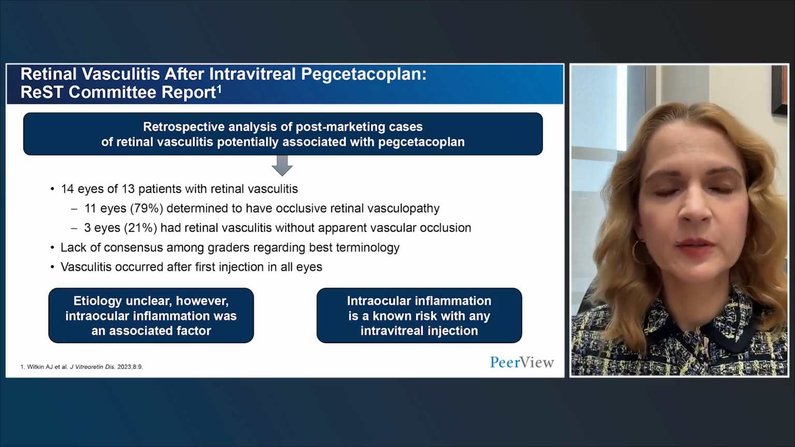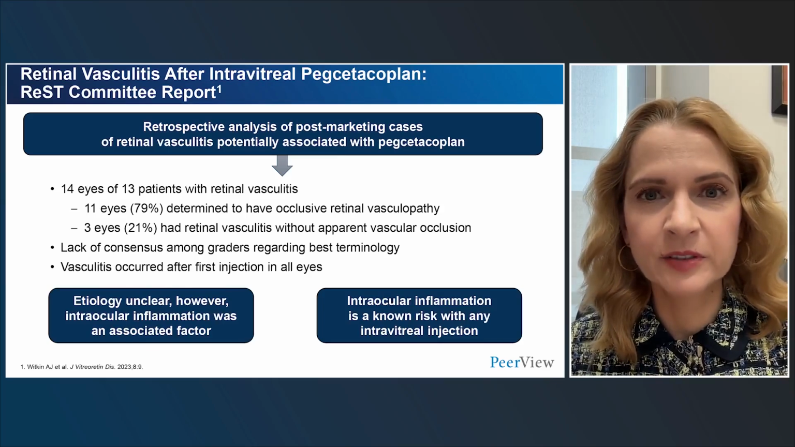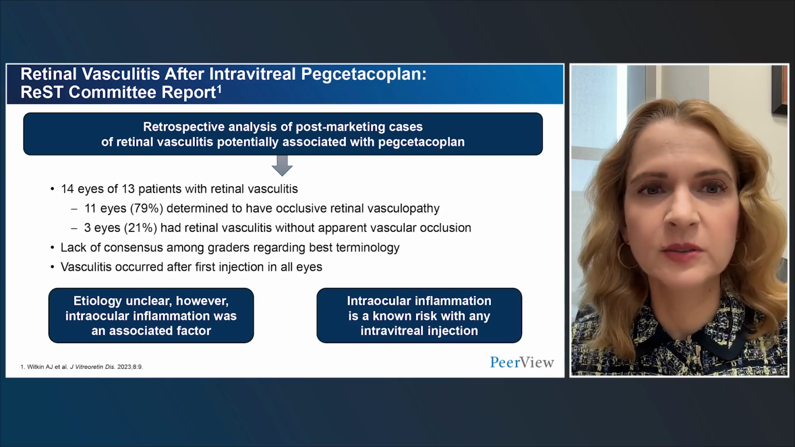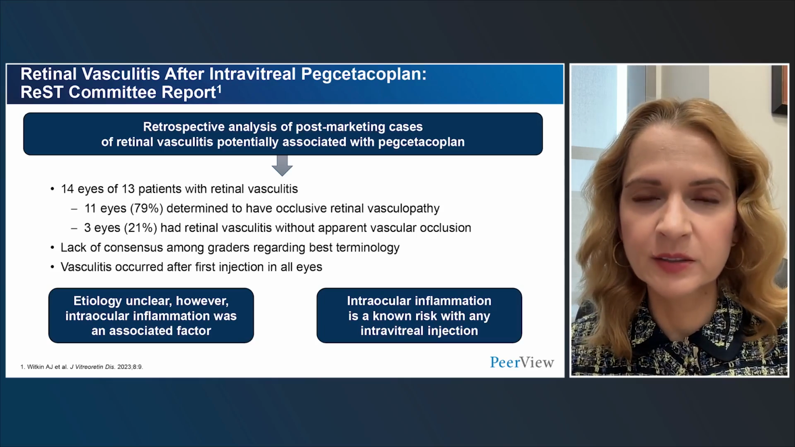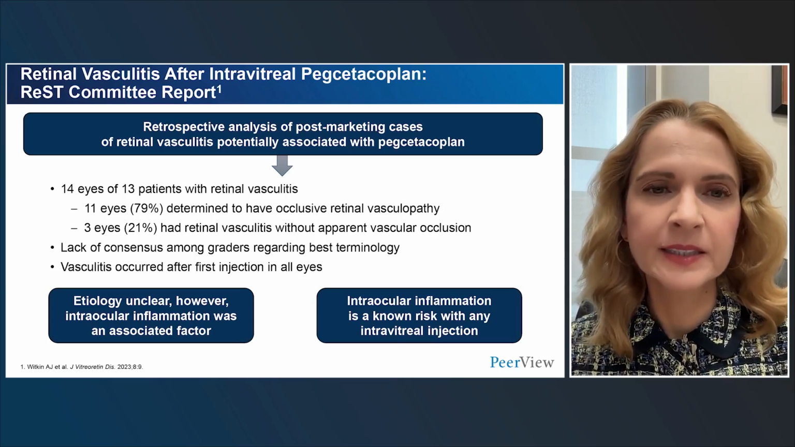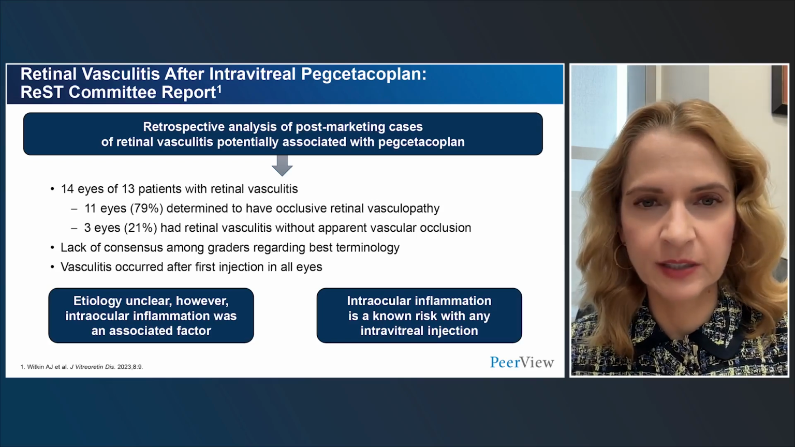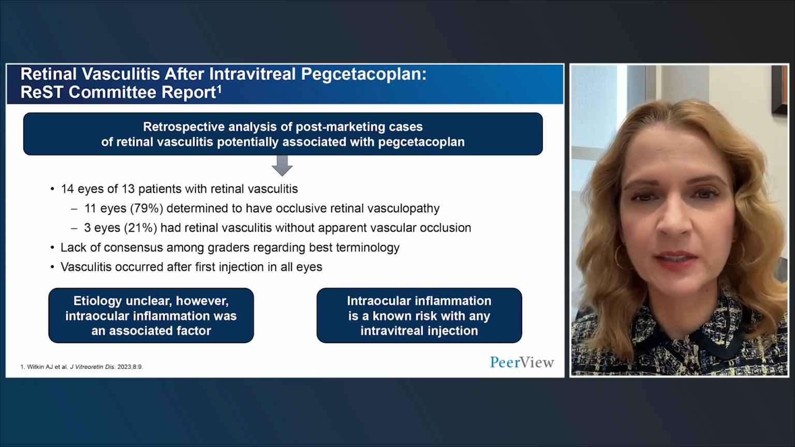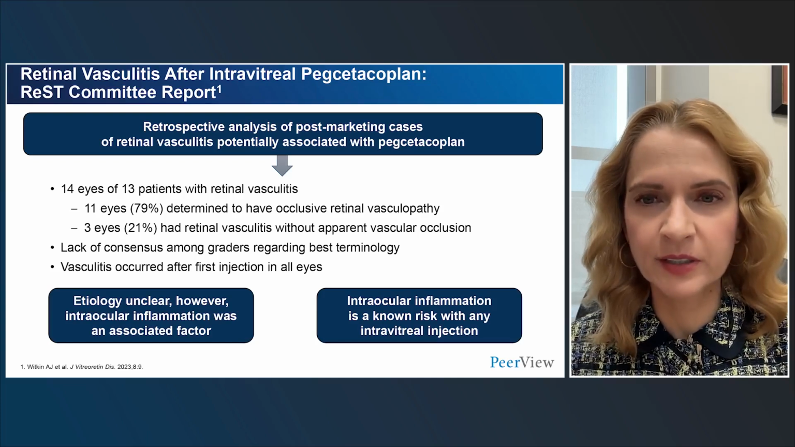The REST committee report generated data on retinal vasculitis after intravitreal pegcetacoplan in a post-marketing analysis. This was a retrospective analysis of post-marketing cases of retinal vasculitis that occurred potentially associated with pegcetacoplan. These were 14 eyes of 13 patients diagnosed with retinal vasculitis. 79% of the eyes were shown to have occlusive retinal vasculopathy, and 21% had retinal vasculitis without evidence of apparent